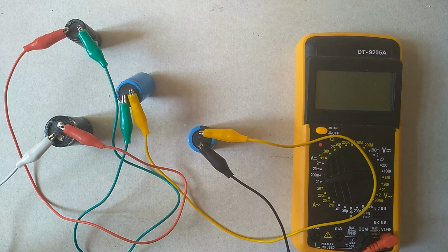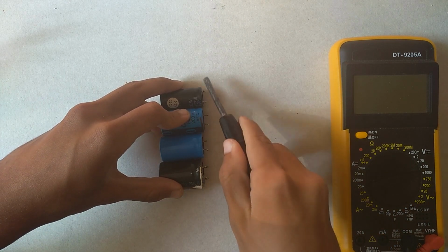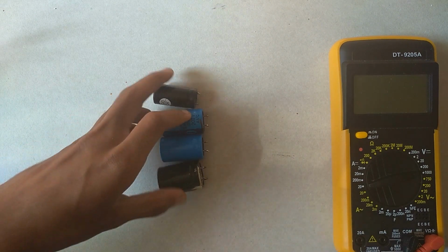I think that's because when you connect 2 or more capacitors in series, you will get higher voltage, but the current will be low. Here we connected 4 capacitors in series. Voltage was very high, but current was low. So that's why we didn't see a loudly big spark. For fun, let's just short them one by one. Wow,